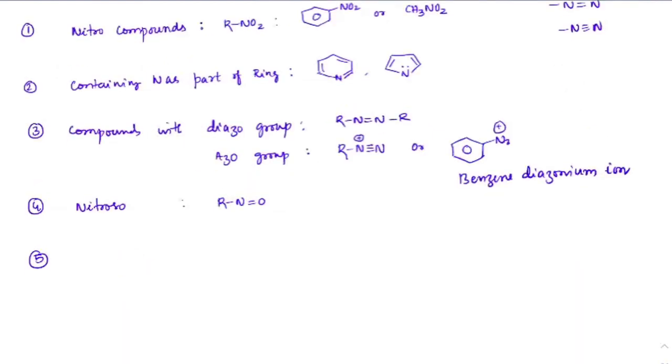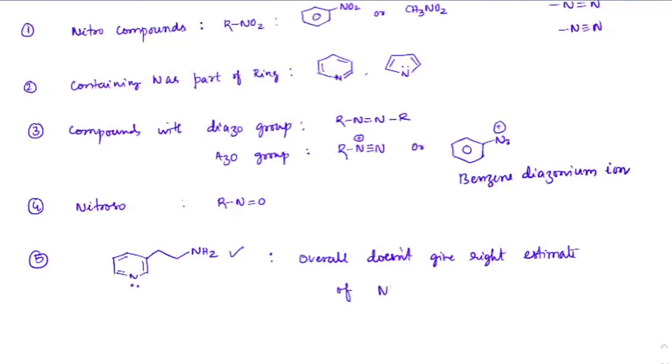Sometimes you might be questioned like this: if you have a pyridine form, and on the other end we have NH2. Now I can say this is a single nitrogen. This will definitely form ammonium and give Kjeldahl's method. But the problem is with this other nitrogen. Can we calculate the complete nitrogen as a right estimate? No. Although this may be formed, overall it does not give the right estimate of nitrogen.